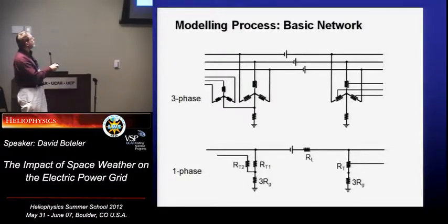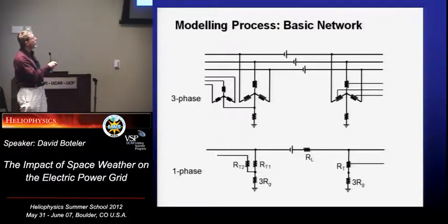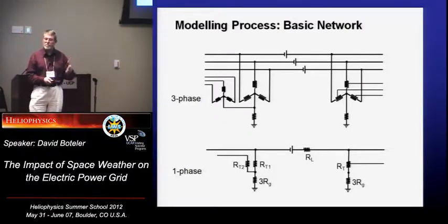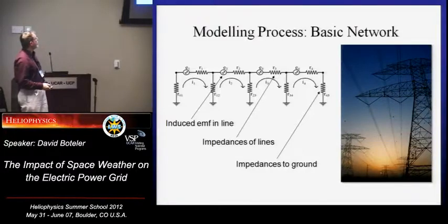So we've got our basic three-phase network here, and having gone to all that trouble explaining about three-phase to you, I'm now going to say the first thing we do is a one-phase equivalent for that, because what we're assuming is that each phase is going to be affected exactly the same. So to save work, we just do one phase. And the key things we're looking at are the resistances of the lines, the resistance of the transformers, and the resistances going to ground here. All right. And so here we are. So we can basically set this up.